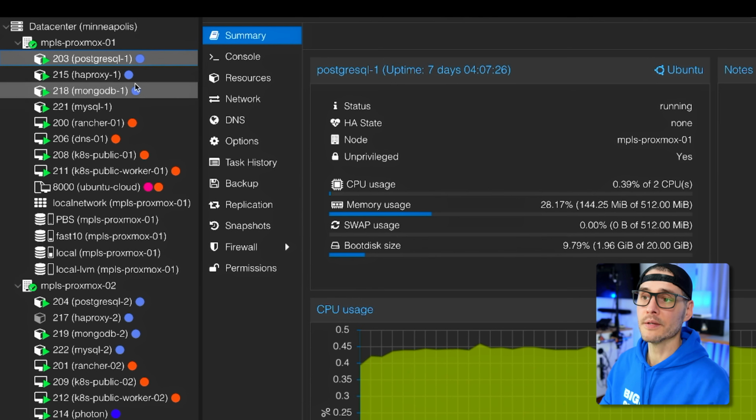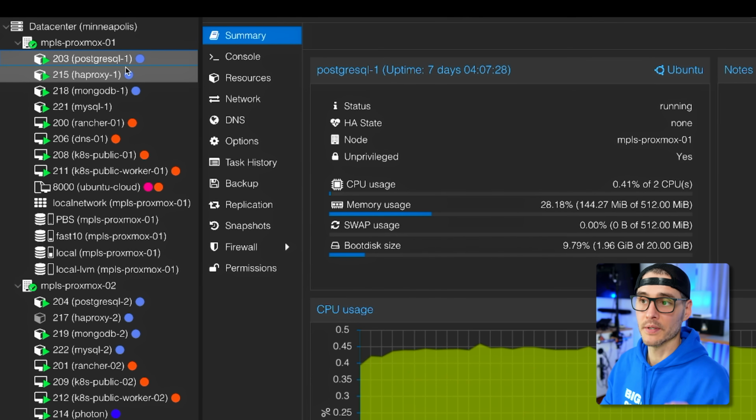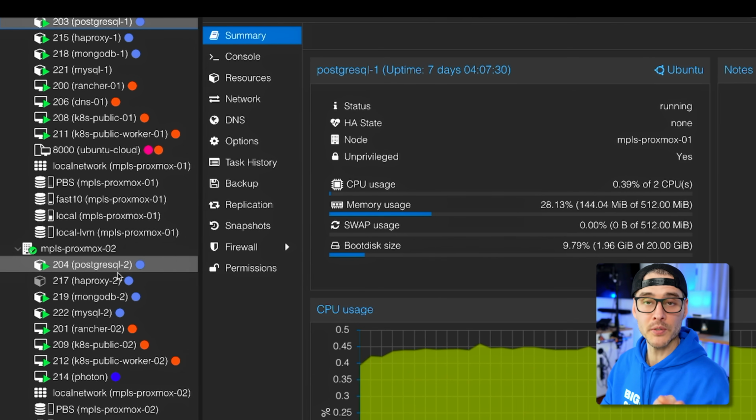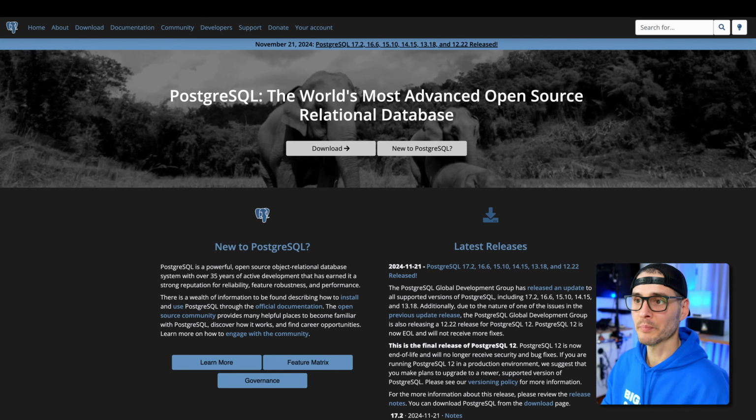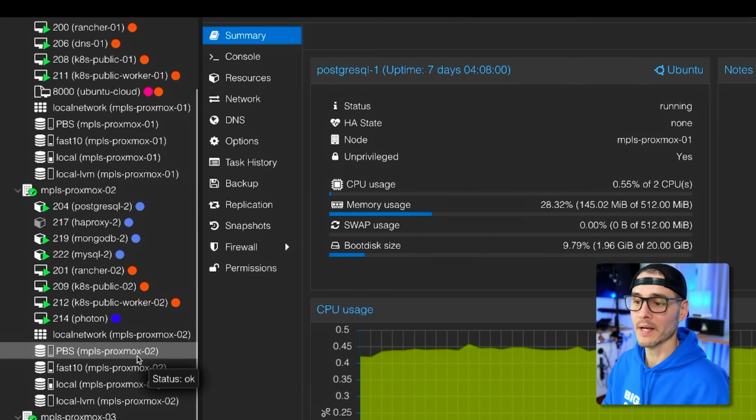But anyways, on this first node, I have PostgreSQL. So this is the first node in this Postgres cluster. And if you want to see how to configure Postgres HA, I have a great video on it. Doesn't use Docker, doesn't use Kubernetes. I called it PostgreSQL the hard way. Kind of a tip of my hat to Kubernetes the hard way, because this is really the step-by-step manual way of showing you how to do it for Postgres. So if you need a database and something supports Postgres, always choose Postgres. It's great. But anyways, I have node 1, 2, and 3, and this is HA.